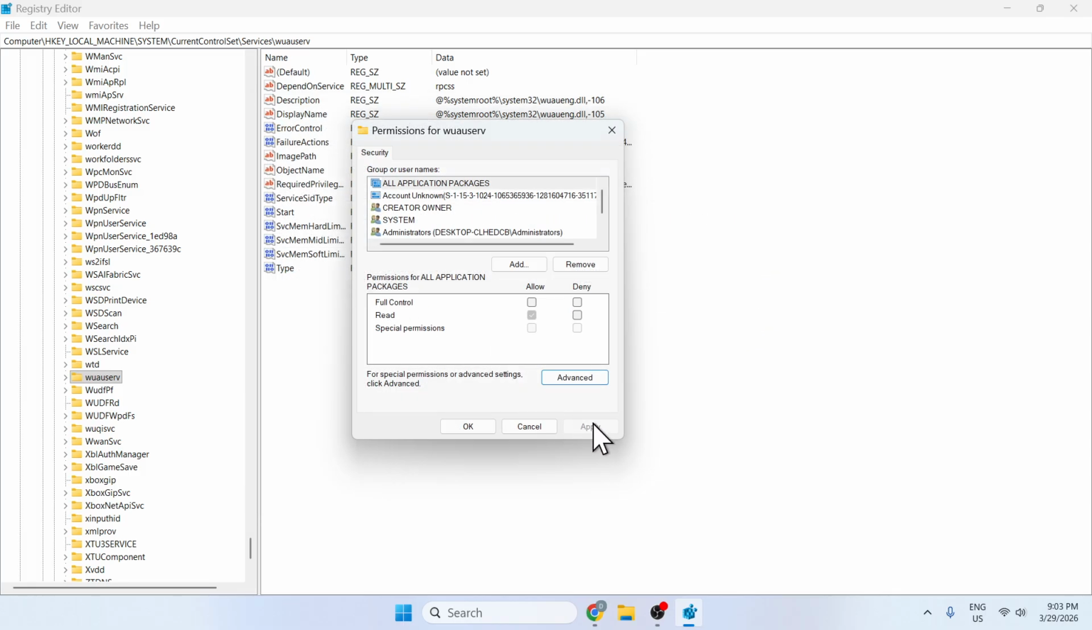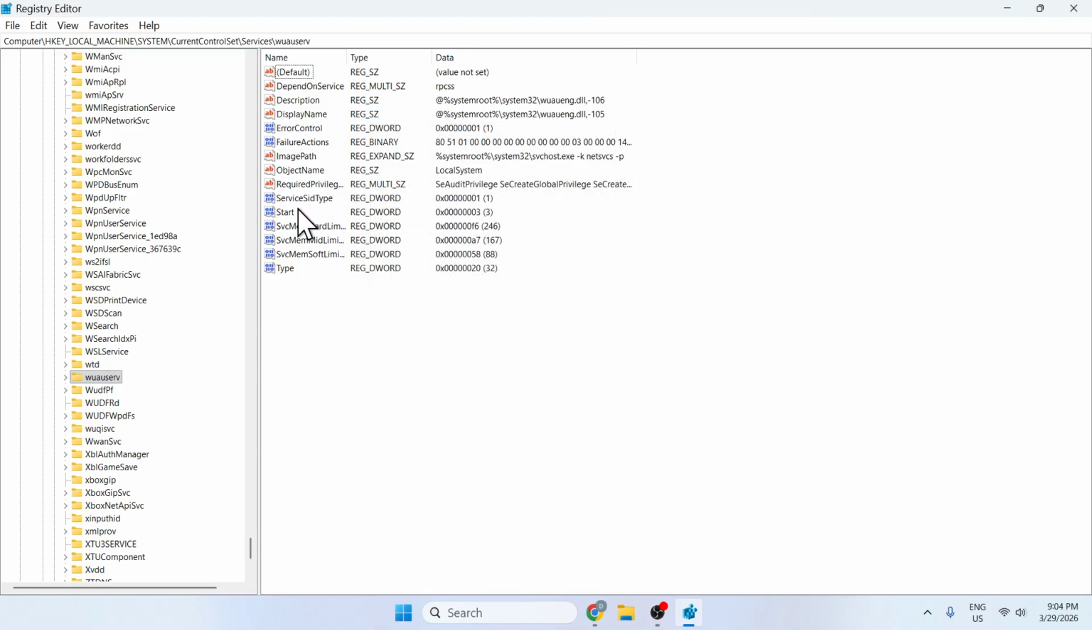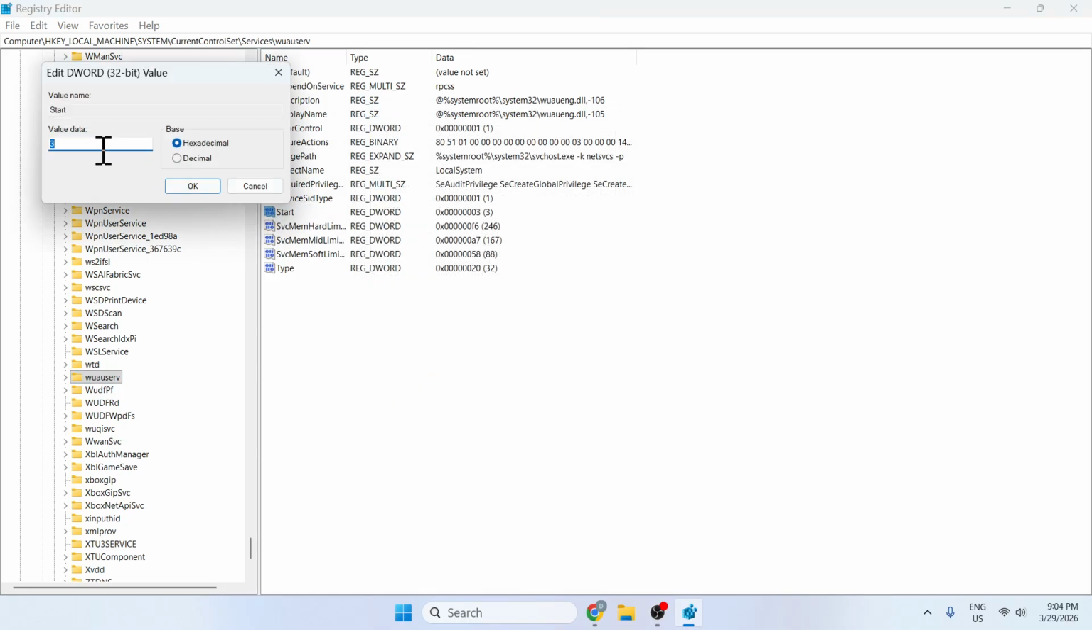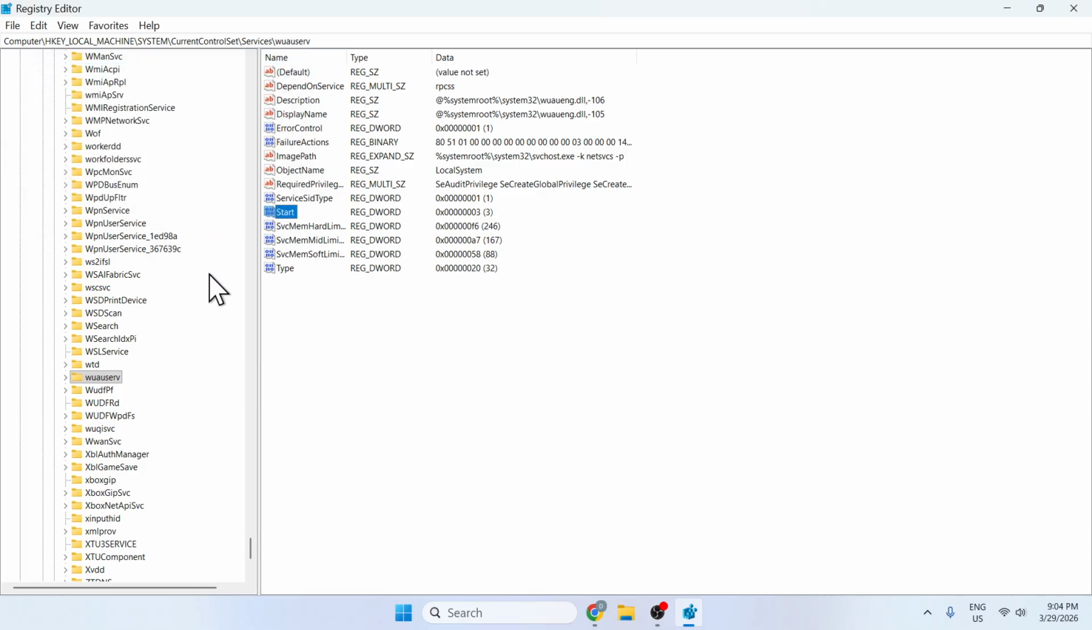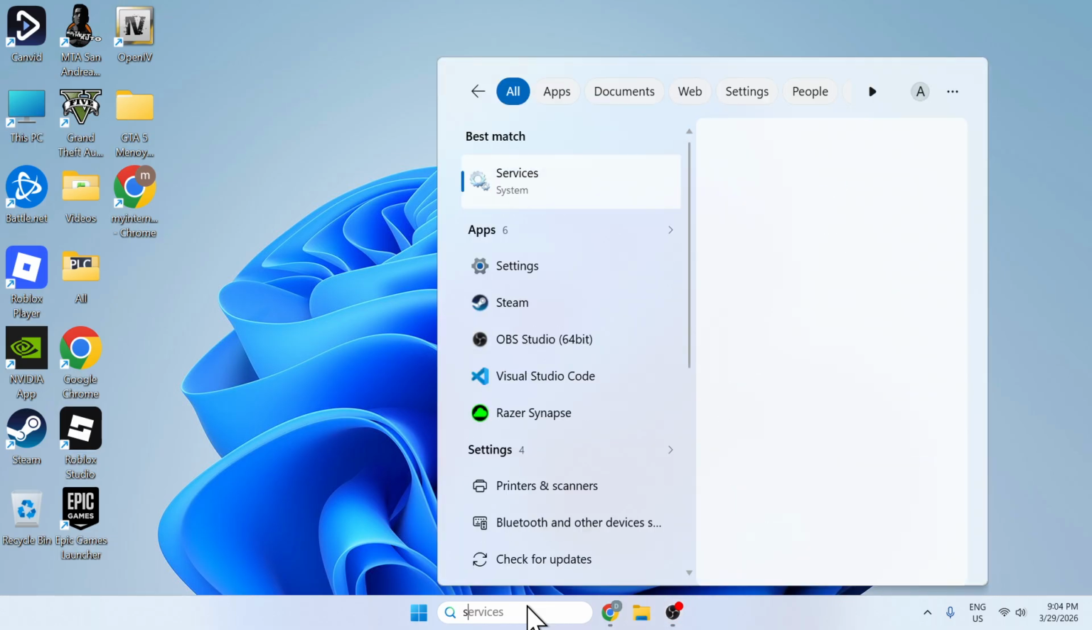After this, you can just click apply here and OK, and here go to start and change this value and make it 3, and then click OK. And now you can just close this whole thing and go to services,